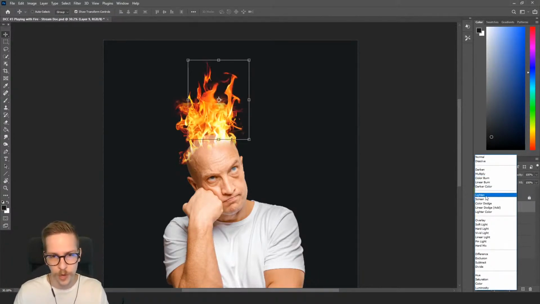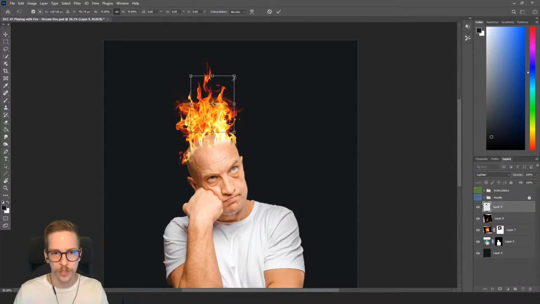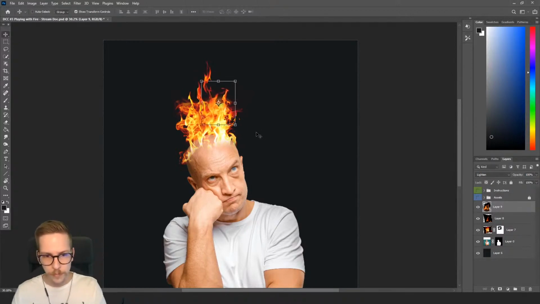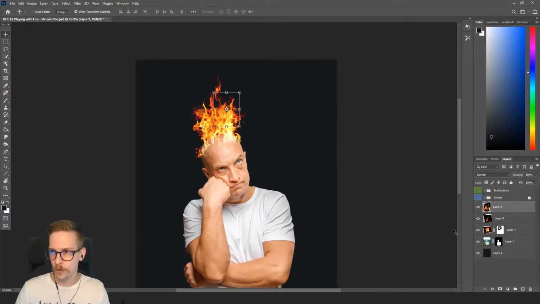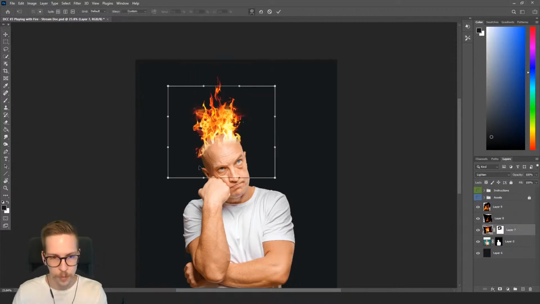And I'm going to go back to lighten here and see if I can transform this a bit just to change the size around, see how that looks. Put that on top a little bit. So on and so forth. Let's see here. I think I may want to warp my original one down a bit more